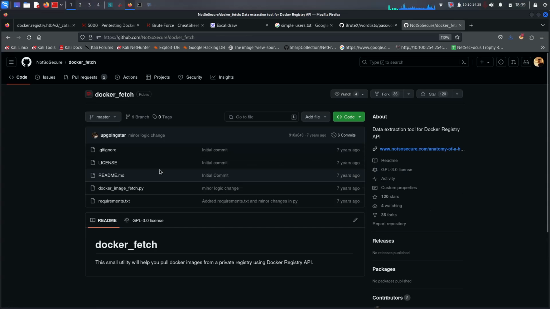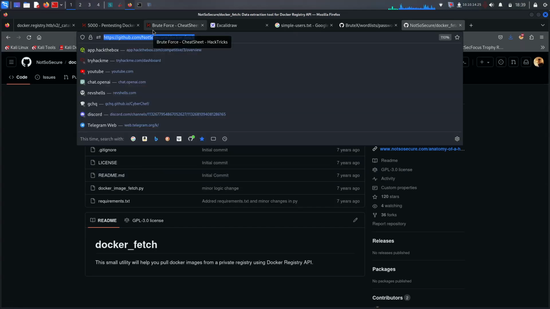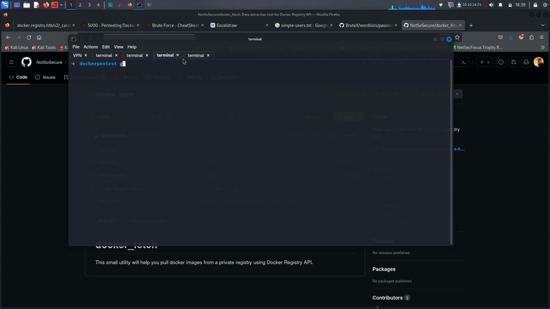Docker fetch. So can we actually install it for getting all Docker blobs of this website, I mean of the web server? So let me go for Docker fetch, clear it. Should we use it for the Docker patch here? That is correct. So shall we use it as Python 3 or no, as Python, right? No, it's Python 2.7. Yes, we have to use it like that, and then